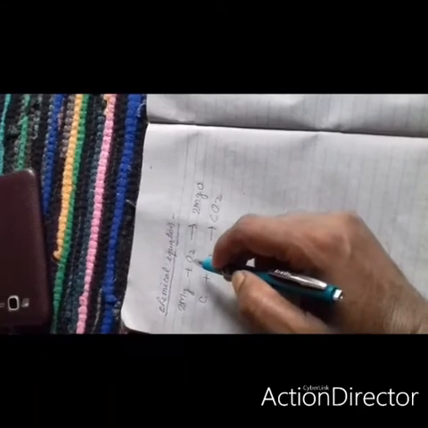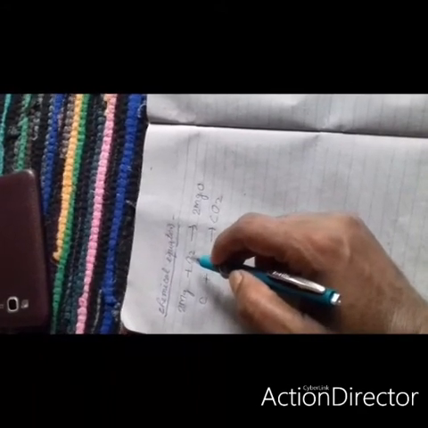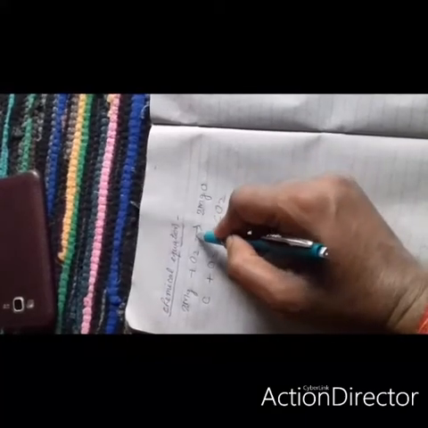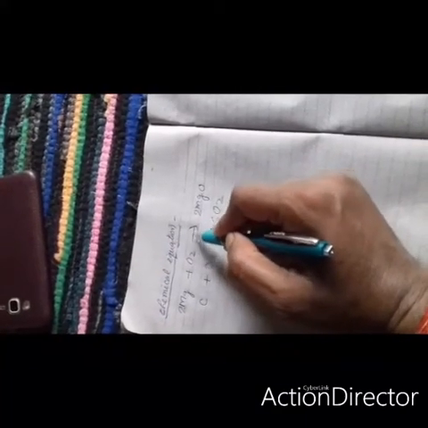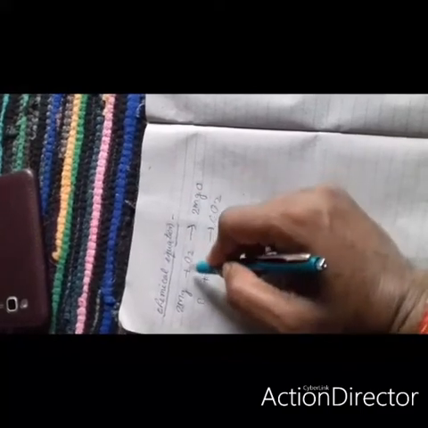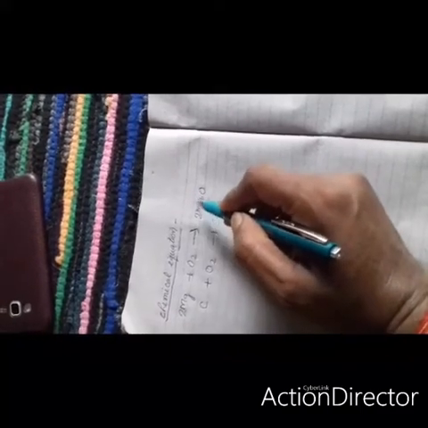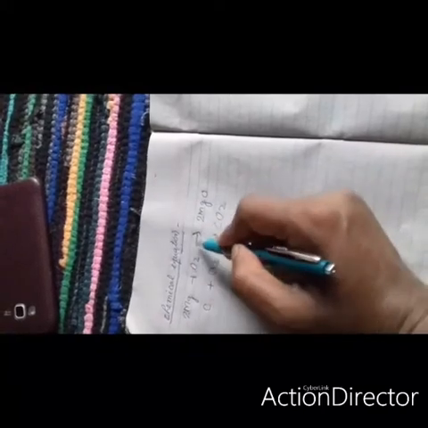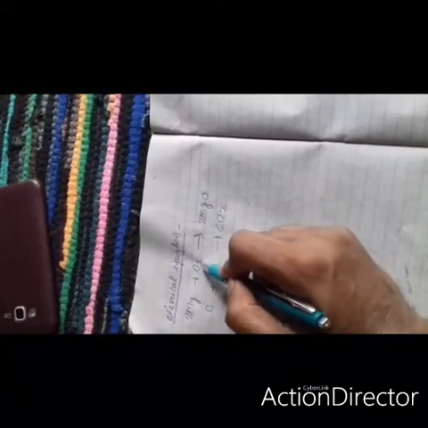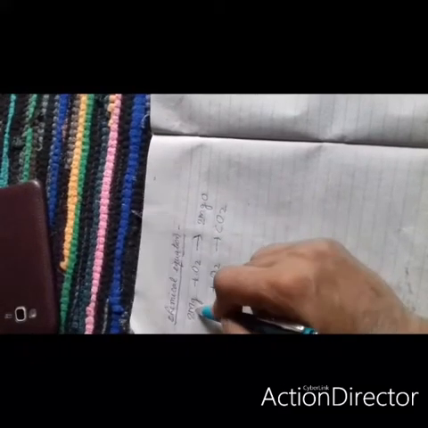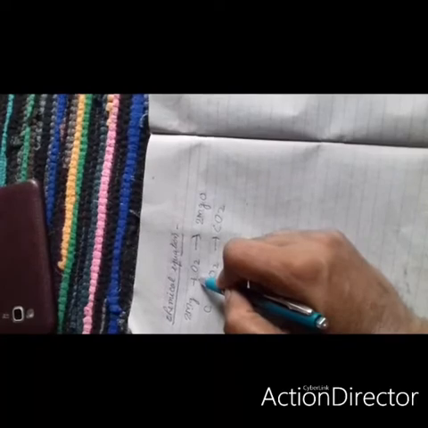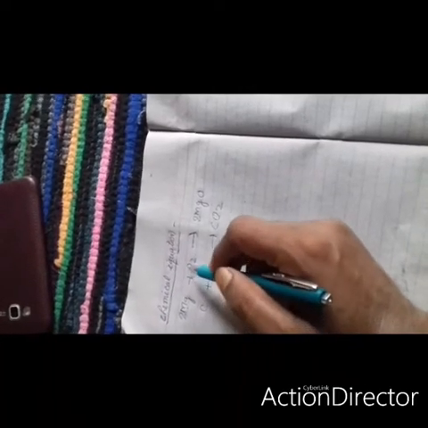A word equation shows change of reactant to products through an arrow placed between them. The arrow is placed between the reactant and the product. The right side of this arrow is called the product. The left side of this arrow is called the reactant. Reactant means those who participate.